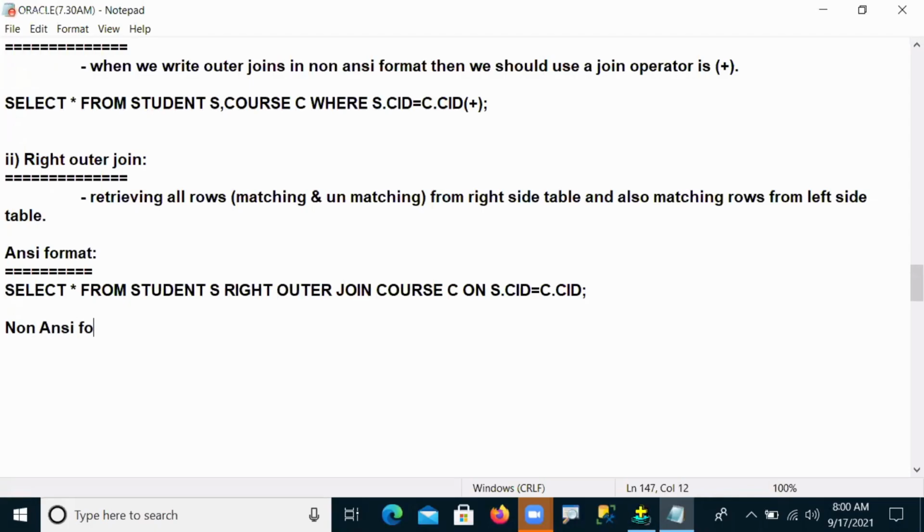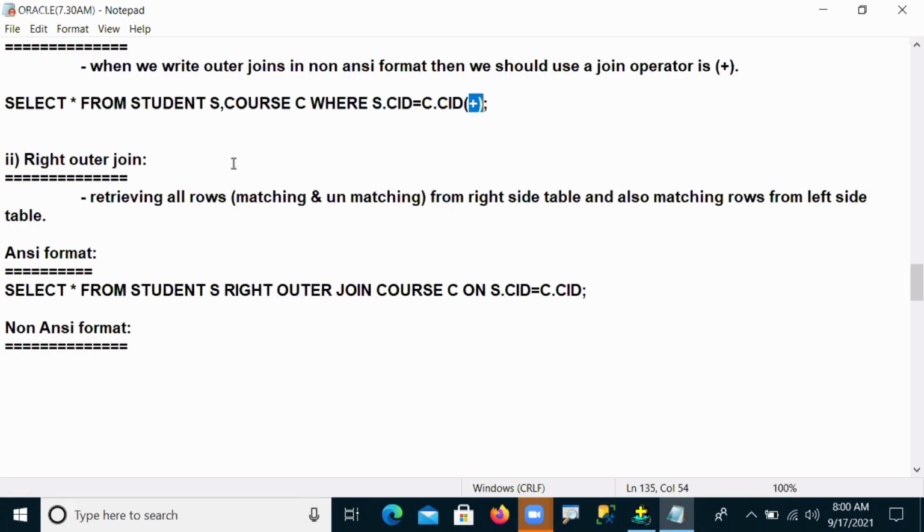So how can we write it here? In non-ANSI format, as I said on the left side, on whichever table you apply this join operator, from that table only matching information is retrieved. Simply remember it. Whichever directional table, left side or right side, you apply your plus operator on, from that table only matching data is retrieved, not unmatching data.